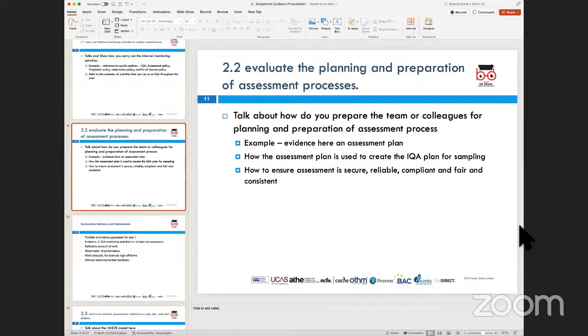And here you need to talk about how you give individual feedback in the process of planning and preparation to assessors, so that the assessments they do for learners, that means marking of assignments, or for example, observation of practice, are secure, reliable, compliant, fair, and consistent. So here the idea would be to talk about the process of assessment within the organization,